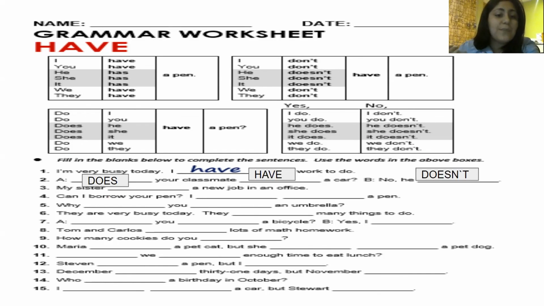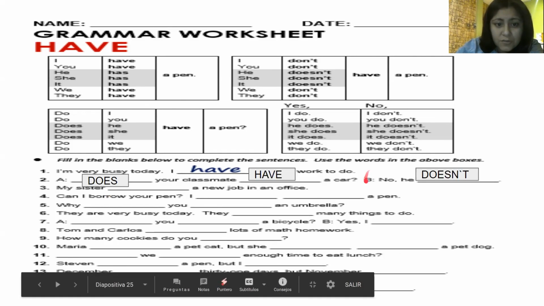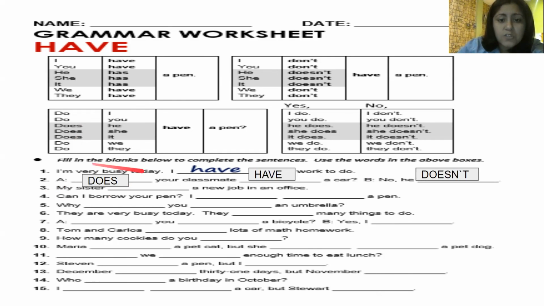So fill in the blanks below to complete the sentences. Use the words in the boxes. You have to complete with the correct form of have, has. Okay? Interrogative and negative form. For example, I am very busy today. I have a lot of work to do. Number two is a question. Interrogative, question mark is a question, okay? So in the question you have to start with do and does. So your classmate, singular or plural? Singular, your